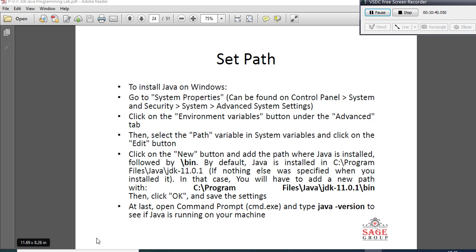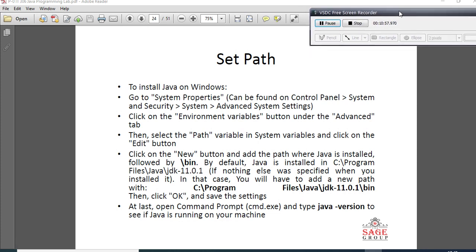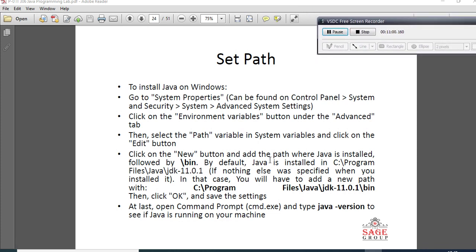These advanced system settings can also be reached when you select This Computer from the desktop, right click, and go to properties, and you will find the advanced system settings. I will go through the practical implementation also.